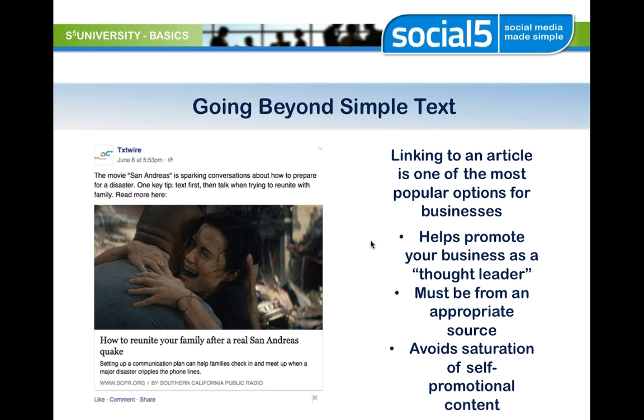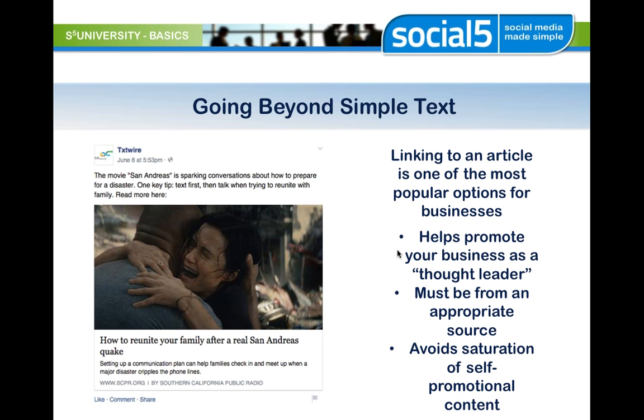One thing that is really important is that you need to make sure you're taking it from an appropriate source. You don't want to be linking to The Onion or something like that, a fake news source, or something that's skewed too far one way or the other. You want to make sure it's a news source that's validated and that you fact checked your article before you send it out. This particular one was from Southern California Public Radio. They're kind of a subdivision of National Public Radio, a really reputable news source where you're going to know that they're going to have news that is as good as you can get.